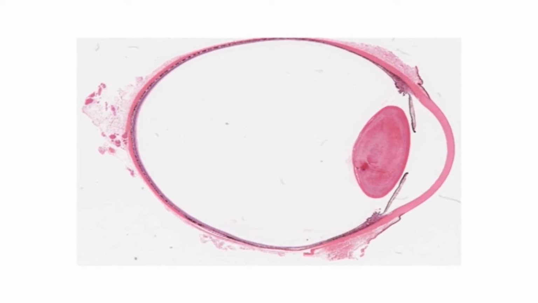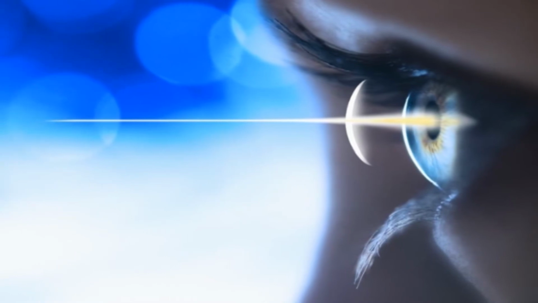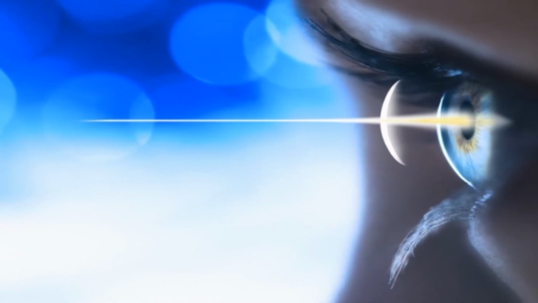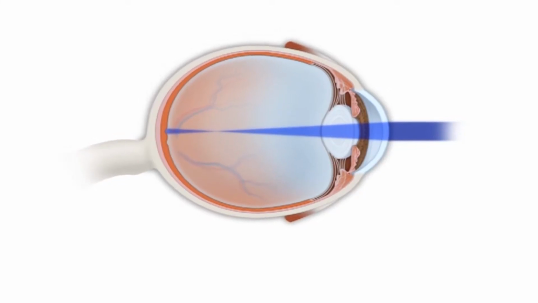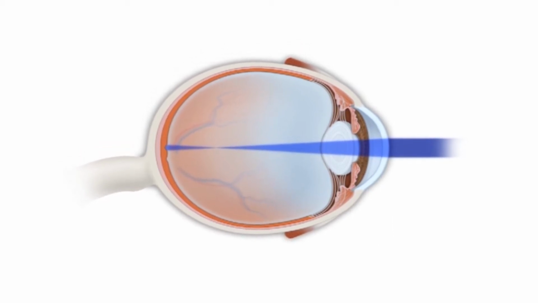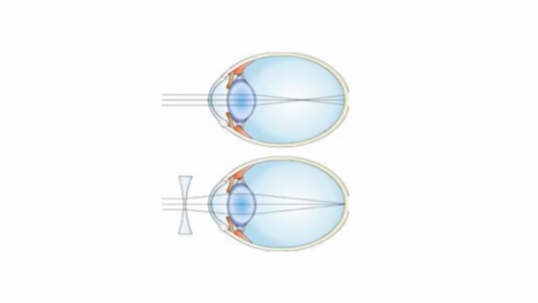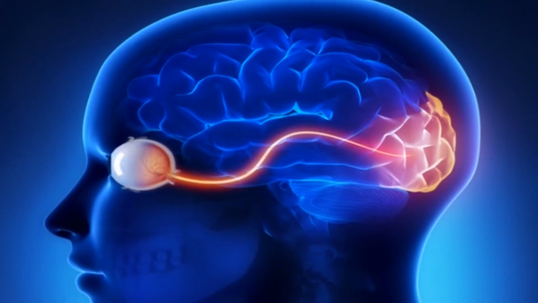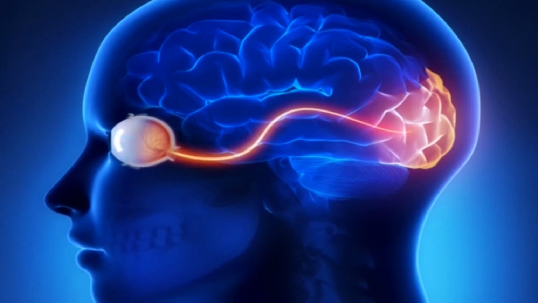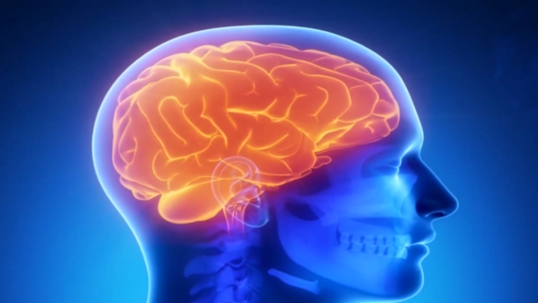The lens is a portion of the eye that is normally clear. It assists in focusing rays of light entering the eye into the retina, the light sensitive tissue at the back of the eye. In order to get a clear image onto the retina, the portions of the eye in front of the retina, including the lens, must be clear and transparent. Once light reaches the retina, the light initiates a chemical reaction within the retina. The chemical reaction in turn initiates an electrical response which is carried to the brain through the optic nerve. The brain then interprets what the eye sees.